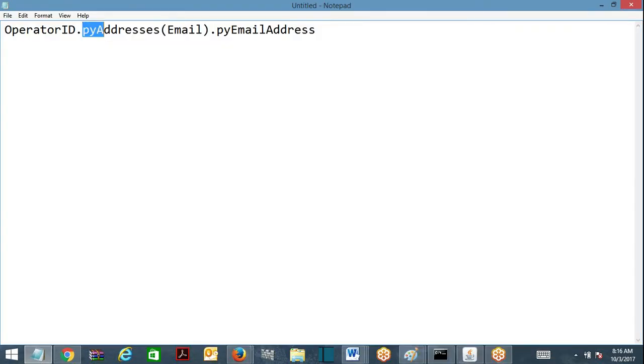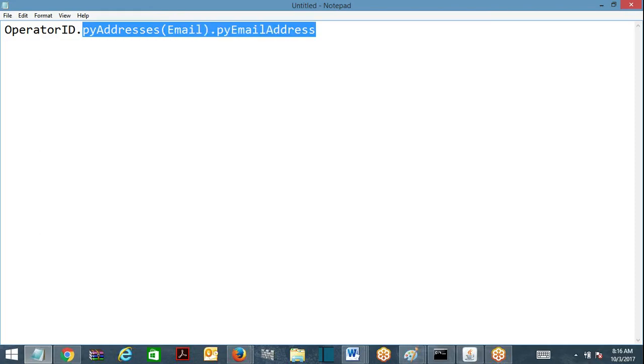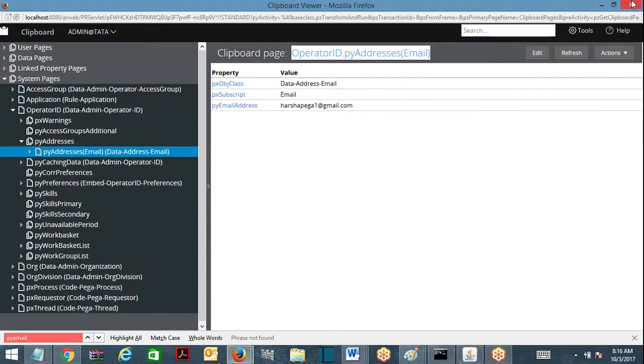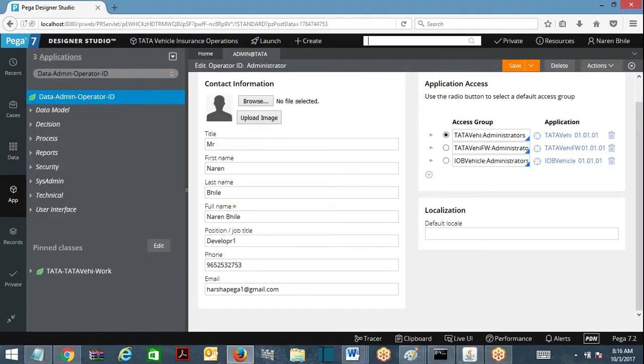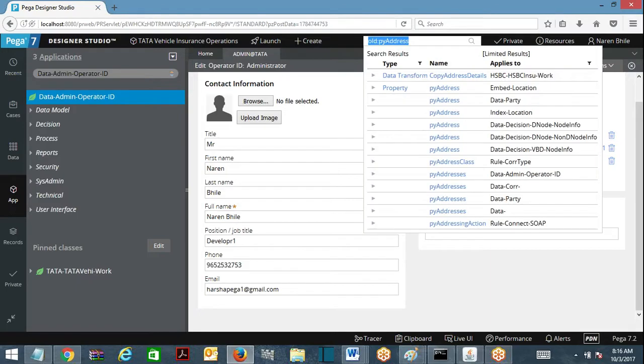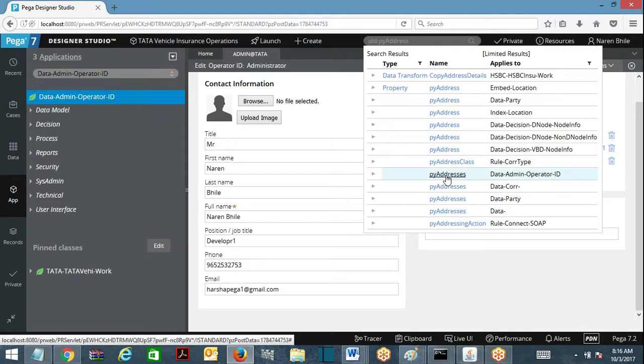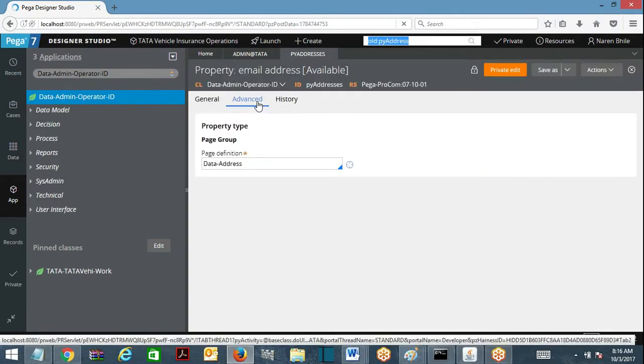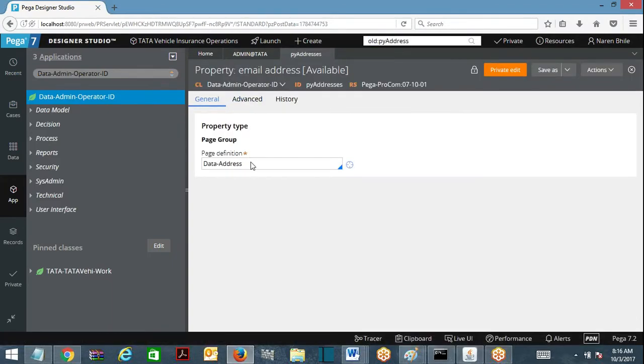Now here py addresses of email is an OOTB page group property. I'll show you. Look at here. Let me open the property. Py addresses. This is what type of property? Page group, which is referring to a class data address.